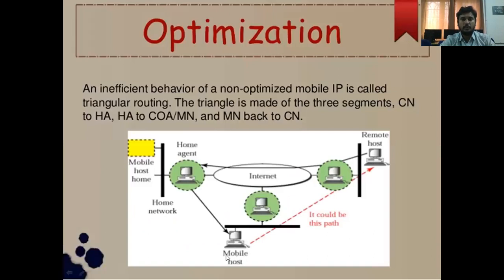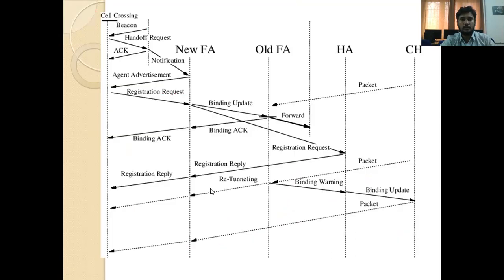So in this way, mobile node, remote host, and the home agent. This is the diagrammatical representation. So correspondent node to the home agent to the foreign agent generally. But here the foreign agent old, that means the old care of address of the mobile node. This is the new care of address, a new address of the new FA. That is the new care of address of the mobile node. So old care of address, new care of address. So old FA and new FA.